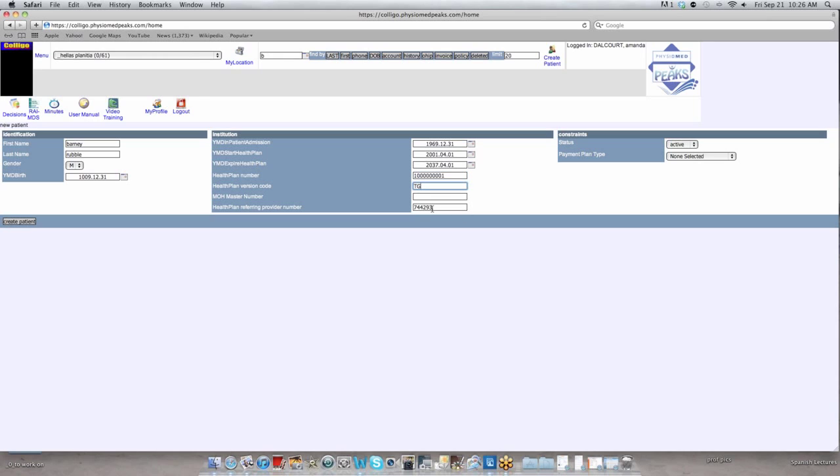Now, in a nursing home, this is the default number that is left there. This number indicates that the resident lives in a nursing home and they are allowed to have their referrals signed by an RN. Because Barney Rubble is in our test location, which is a community home, we'll say, we do